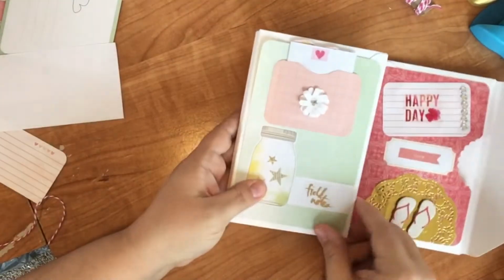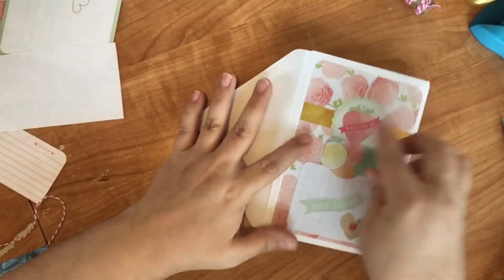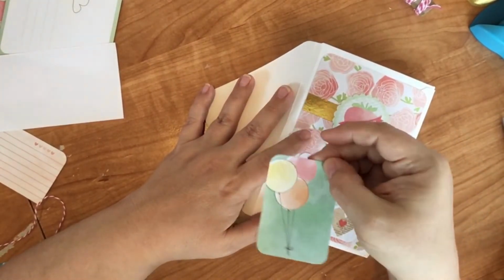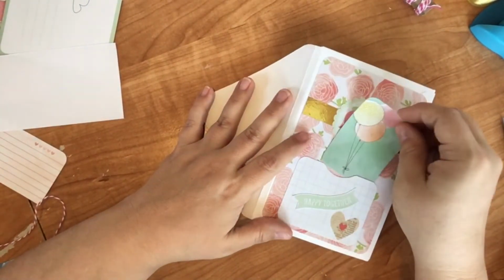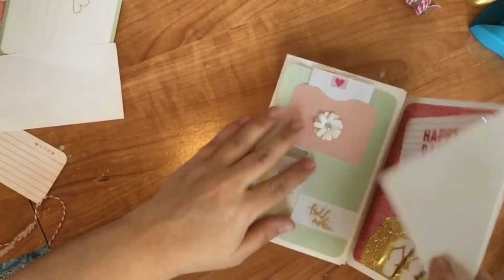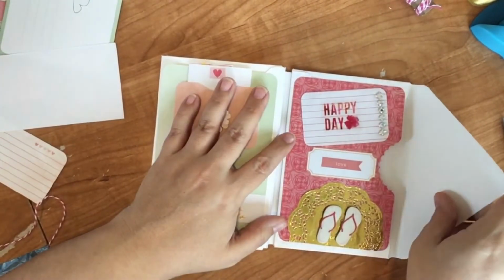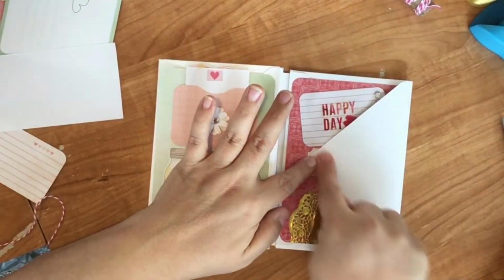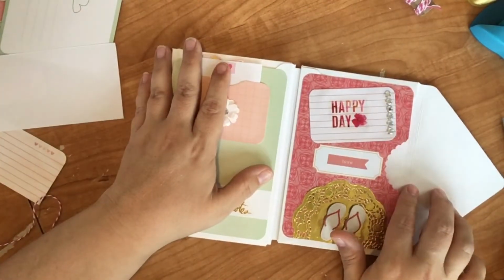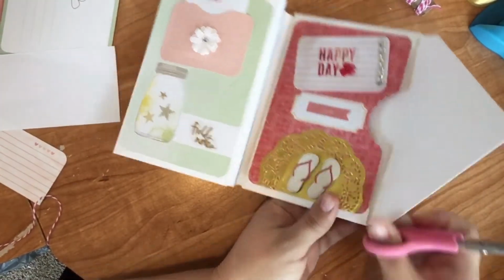And then on the back you've got this page here, and it's just got a cute little fun little Project Life card that I cut down to stick in there. So I think it's cute. I might end up maybe decorating this or even cutting it off. I think I might cut that off. I think I'm gonna do that. I am gonna cut it off